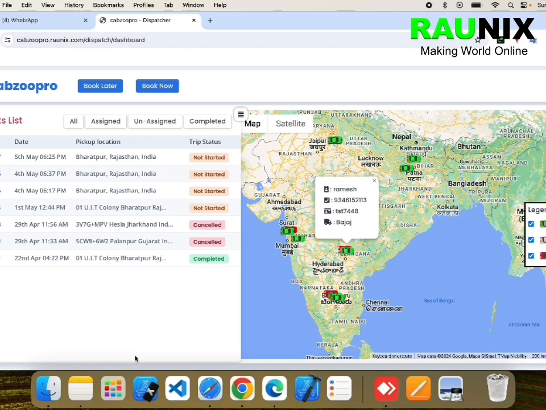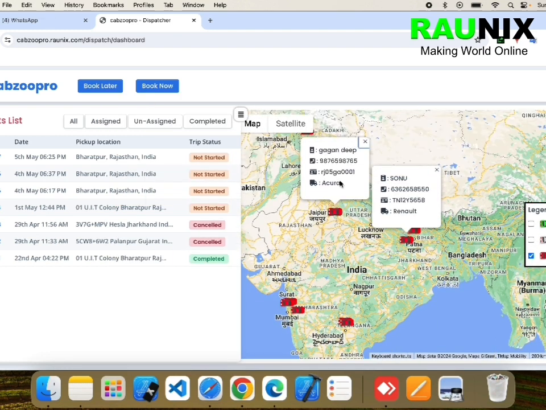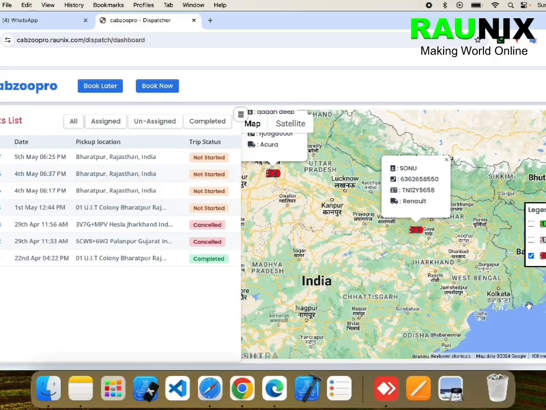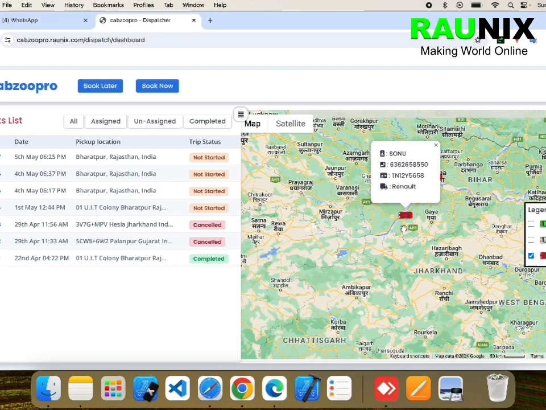Today we are going to discuss the latest feature in our taxi app. A single screen where a customer's booking can be done by admin. You can see all the live drivers and you can also see the status of all your taxi bookings. Easy to use, yes? Check out our latest dispatcher panel available in our latest Uber-like ready-to-launch taxi business app.